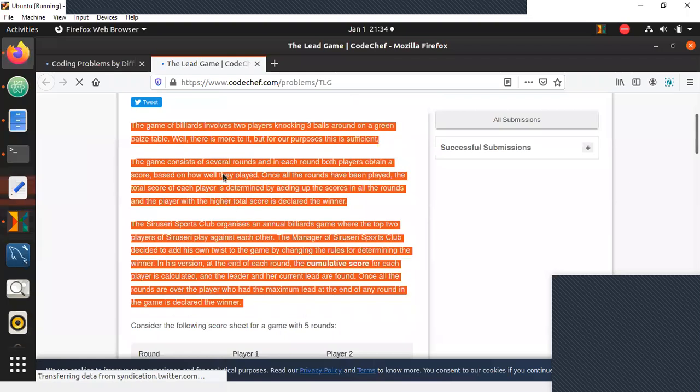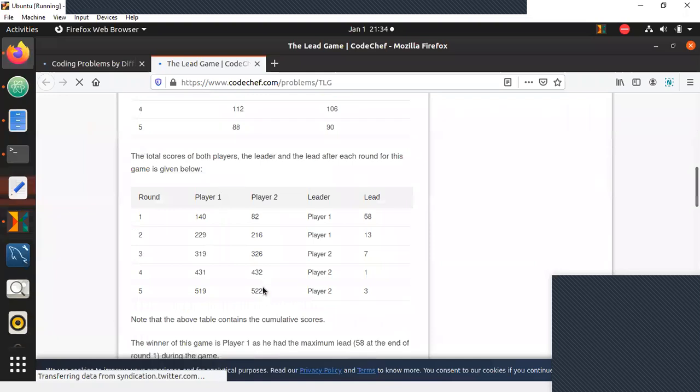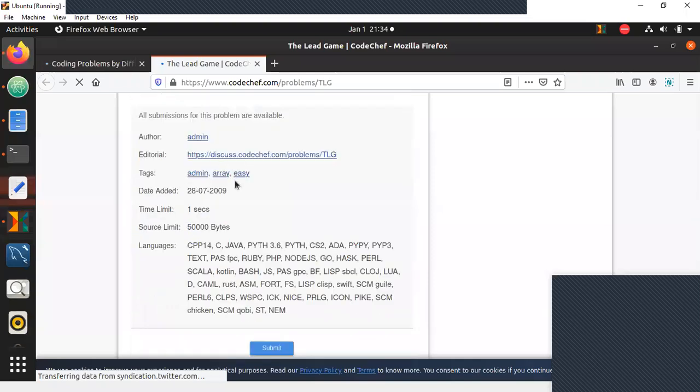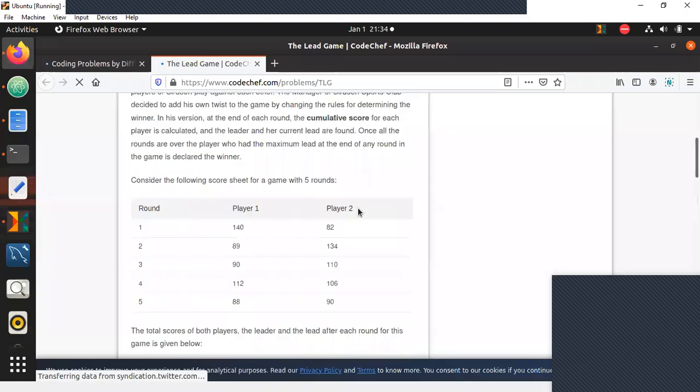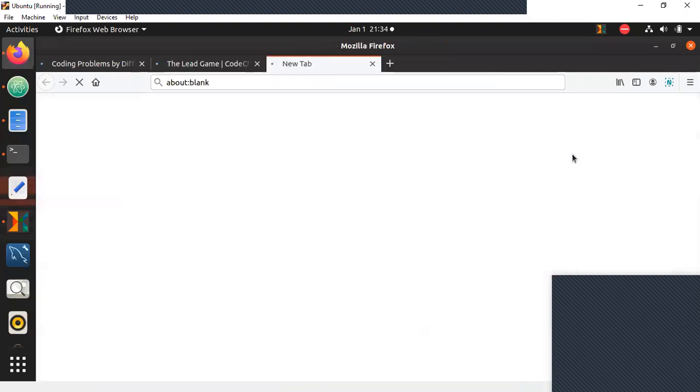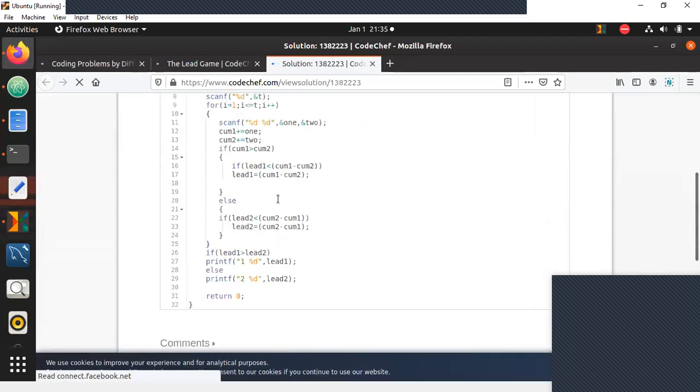Then you guys can see the question, what will be the kind of input, what will be the kind of output. Here's how the input will be, here's how the output will be. You will get to see the whole question. You can try it out. If you're unable to figure it out, you can see successful submissions here and view them to see how quickly someone is able to find the solution using code.